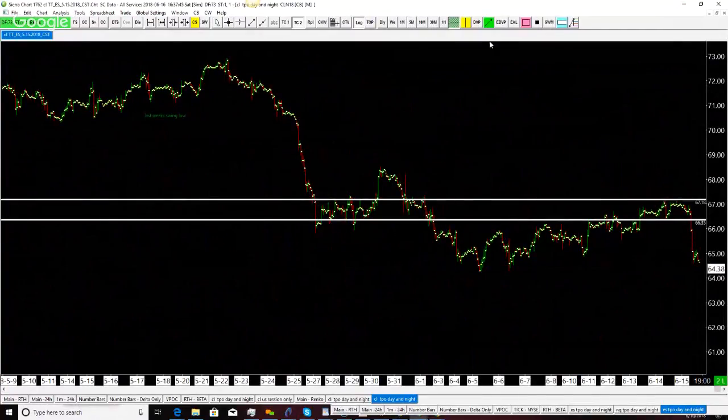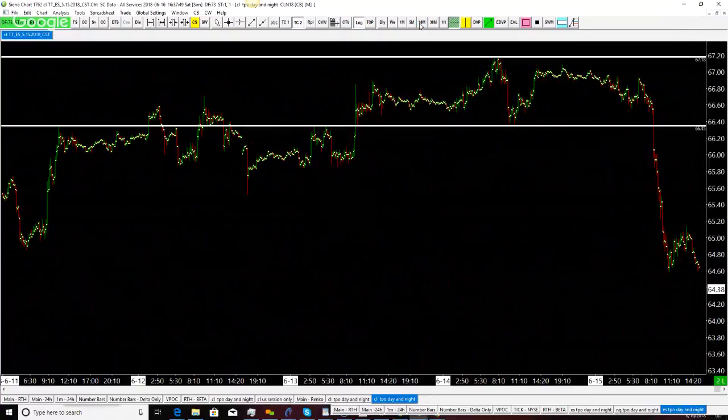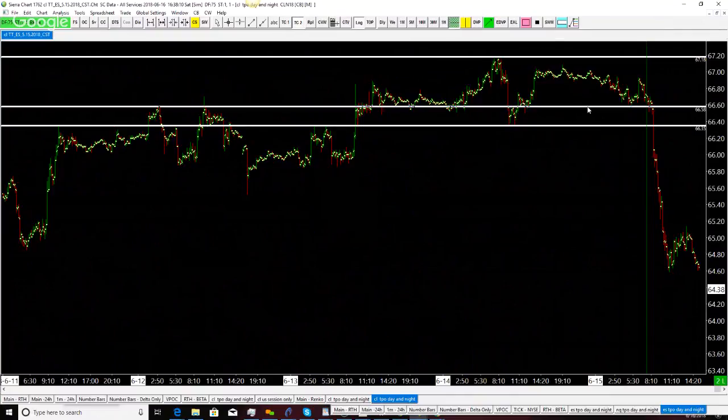And I think I bumped this to an hourly chart, so I'm going to bump this to a more manageable 10-minute chart. And the first thing you'll see is this was the high and low from the 14th, right? So additionally, outside from the high and the low, there's another index that I like to look at, and I like to see before coming into the U.S. open, which was about right here, what the low in Asia and what the low in London was. And so London had the lower low there.